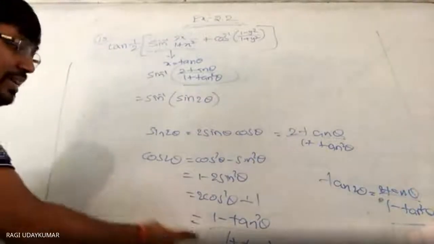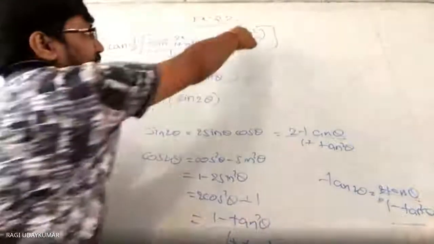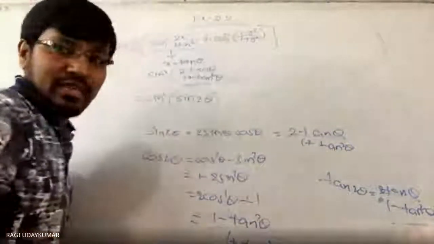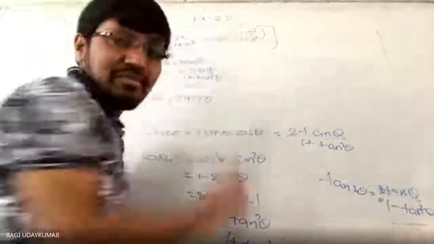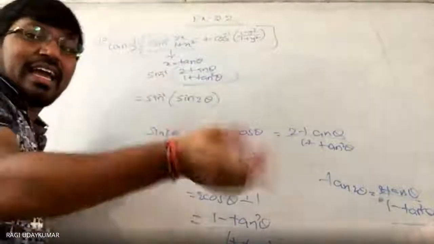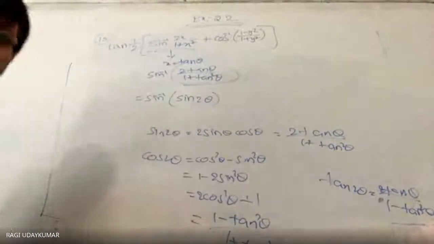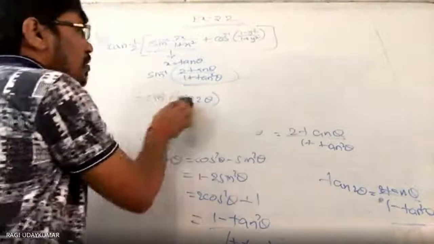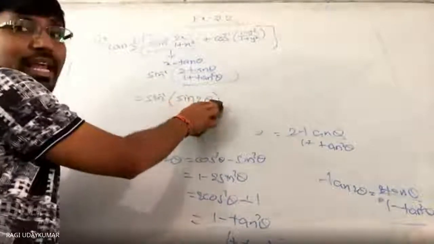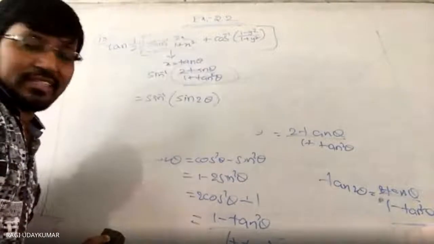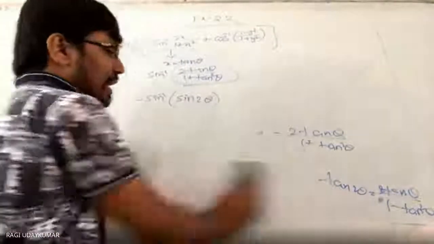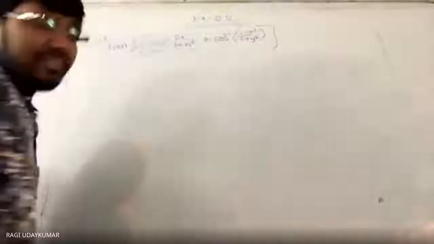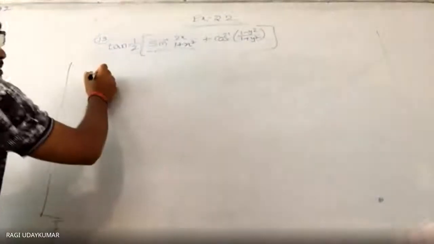Now see here, 1 minus tan square theta by 1 plus tan square theta is equal to cos 2 theta, so you get cos inverse of cos 2 theta equal to 2 theta. Again you get the same thing. Like that, this is equal to 2 theta, and theta equals tan inverse of x. So you can write the formulas directly in the right side box and replace this by 2 tan inverse x.